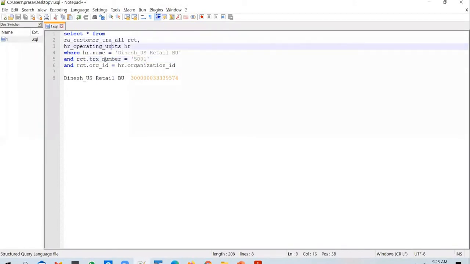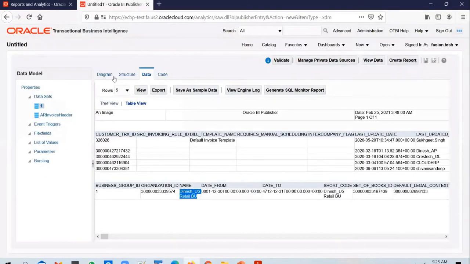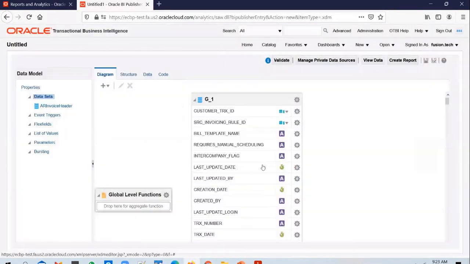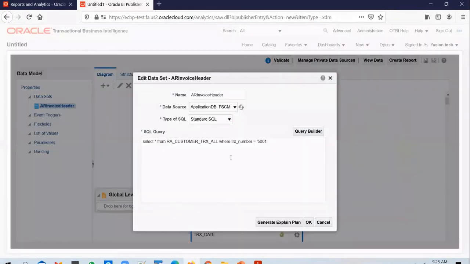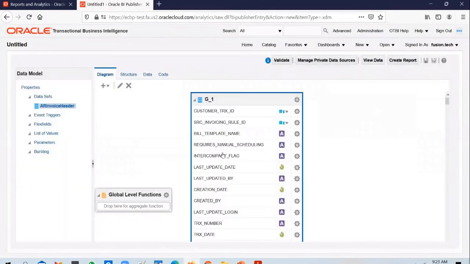And since I have two tables, I need to link them up, and I'm linking them up with a common join condition called org ID. And I want to pull all the details from the RCT table, which is our invoice table. I can copy this, go back to the data model, and I don't need this query. I don't need G2 anymore. And the G1, I will edit it and paste in a query to pull the invoice details.